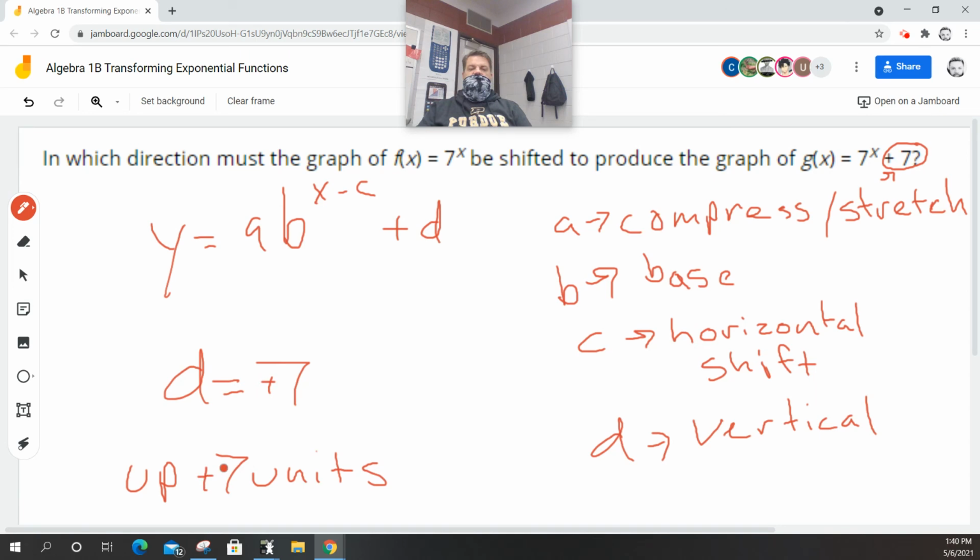If that was negative 7, what would we do? Just go down. Positive means up. Negative means go down. So if it's